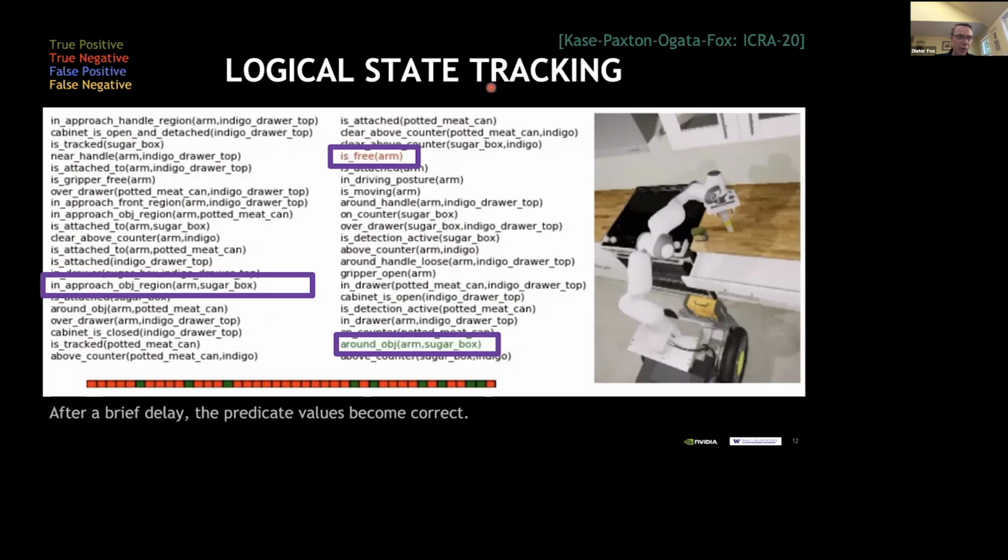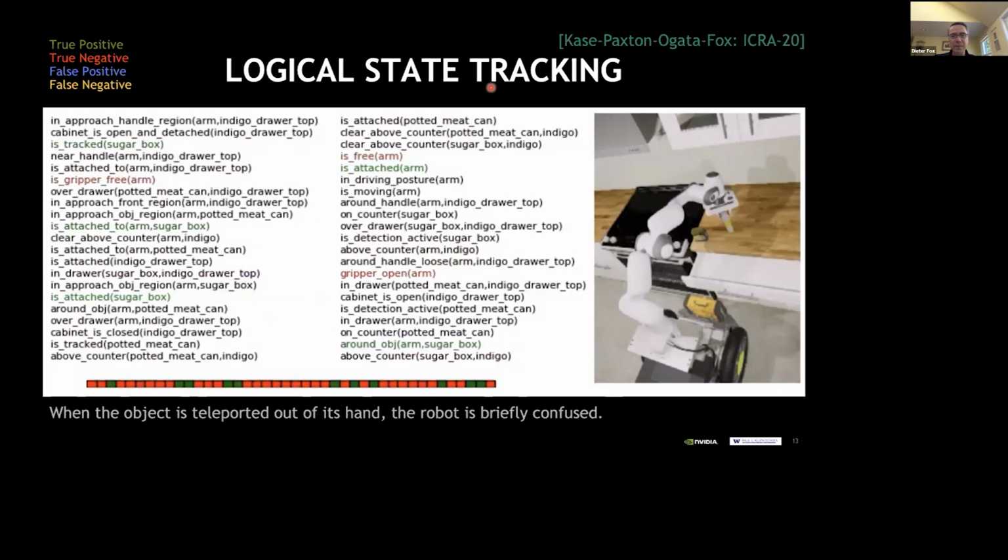And that will cause quite some confusion on the detector, as you will see. So now it's picking it up. And he actually, again, put the sugar box back onto the counter manually through the simulator, right? So the detection system now has to detect that the underlying state is different from what it had expected. And as you'll see, as I will keep on playing this animation, you will see that it correctly detects these